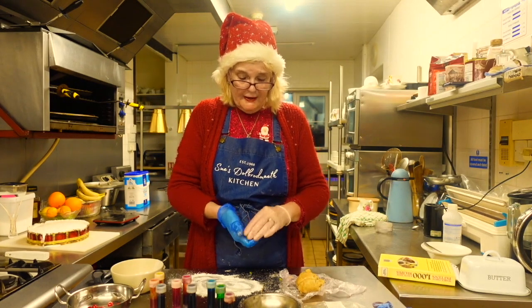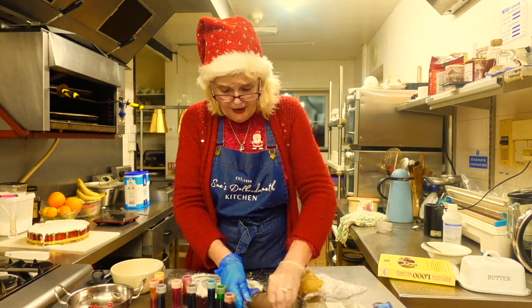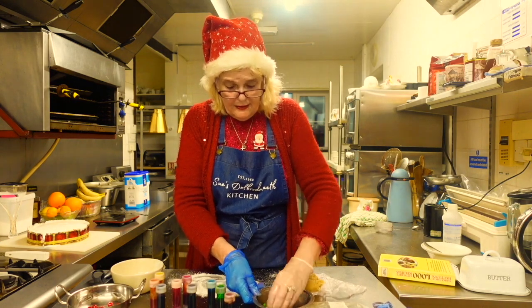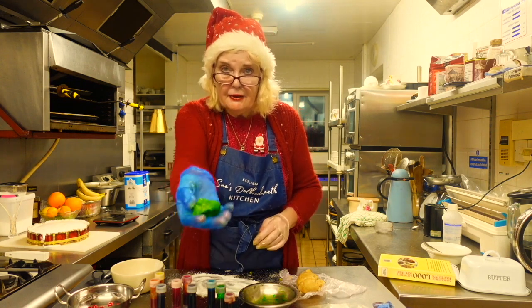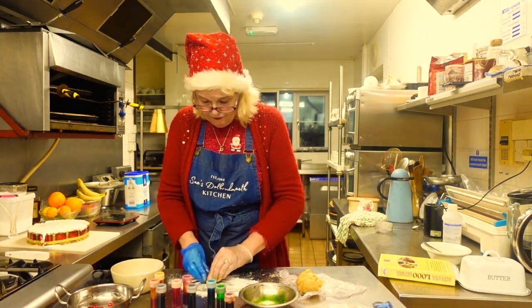And we're going to put that in our dye, and just move it around till it gets all dyed. And then we're going to make our holly leaves. Anyway, so that's nice and green, look. Okay, so we're going to roll it in this bit of